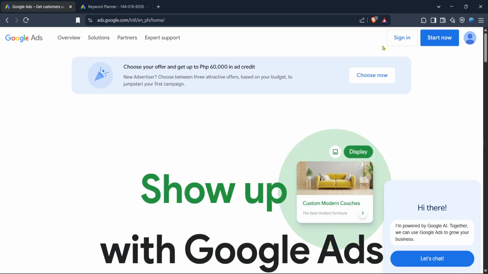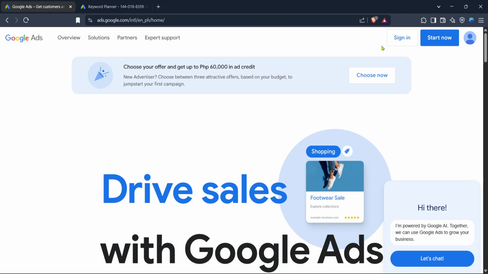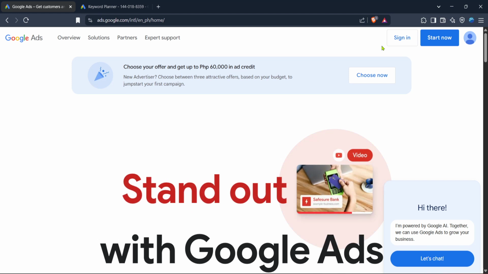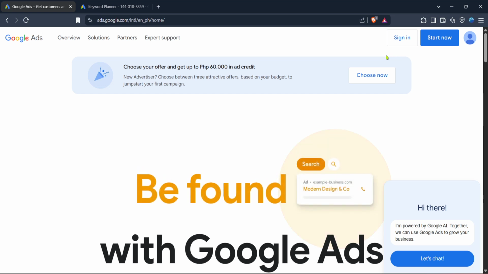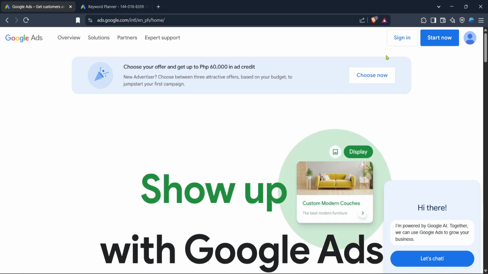First, you'll want to start by going to Google Ads, where you can effectively manage your online advertising campaigns. Simply enter the Google Ads URL in your browser and you'll be at the home page, the starting point for accessing all necessary features. Next, it's time to sign in. Look for the sign in button, which should be prominently displayed on the home page. Once you click that, you'll be prompted to enter your login credentials. Make sure you have your information ready, as you'll need to be logged in to proceed further into the account